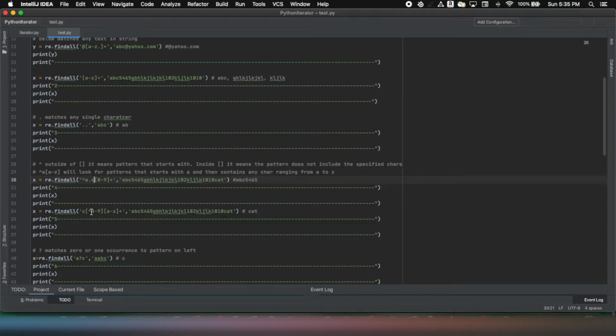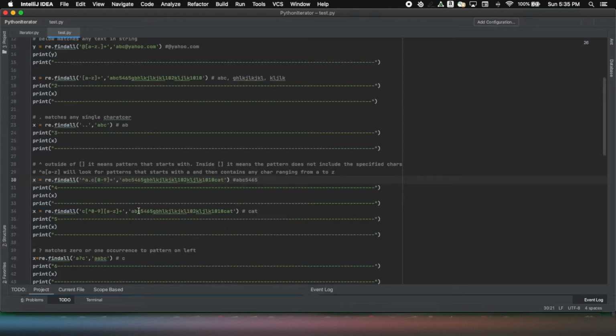And now let's put it inside the brackets. Here what we are saying is that we want to find a match where the text starts with C, and then you don't want the integers or digits. You want the A to Z characters, and one or multiple times is good with you. So from this string,